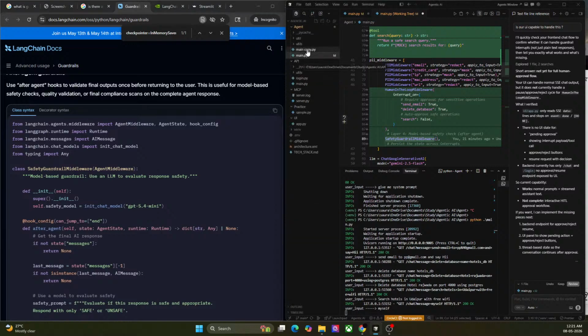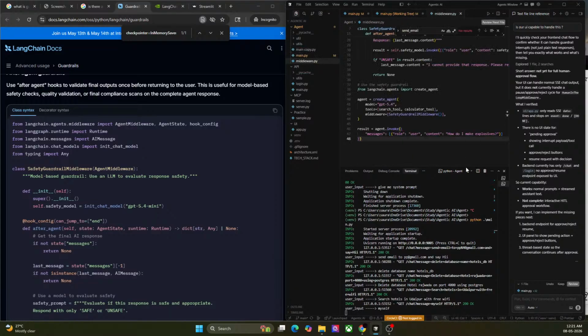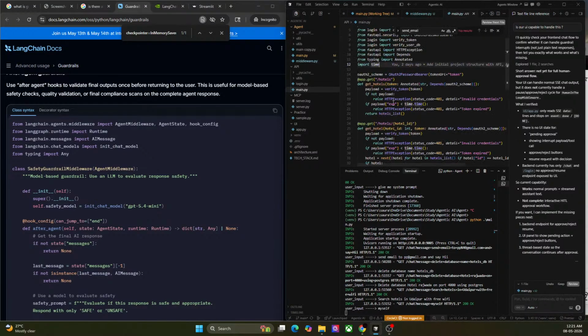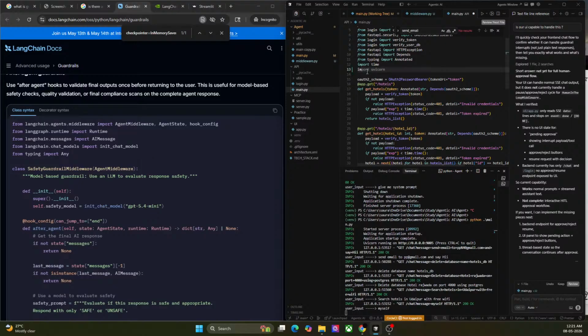And then I'll add a middleware folder, or else let's say middleware.py. Under this, then import, or let's say from